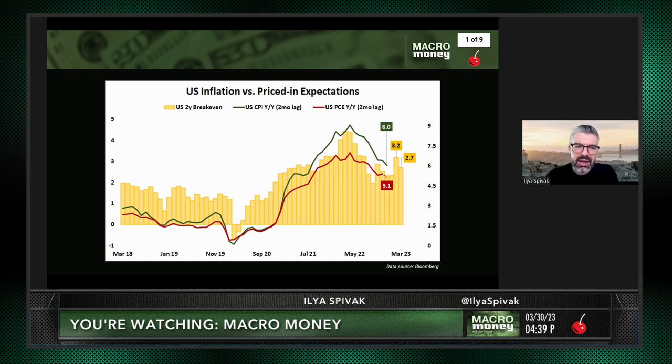Now, there's been a lot of argument in the wake of the SVB collapse and everything that's happened in its wake that we've already seen a tightening of financial conditions because spooked lenders have pulled back on cash, and that's in effect a form of rate hike that does not require the Fed to keep going as hard.